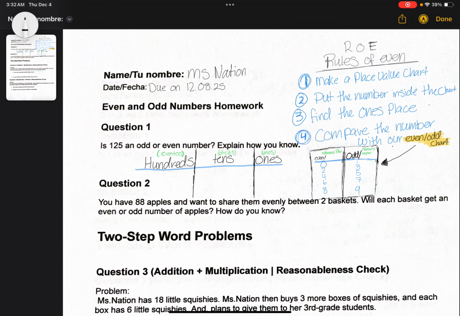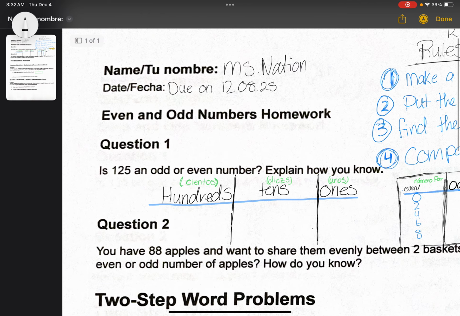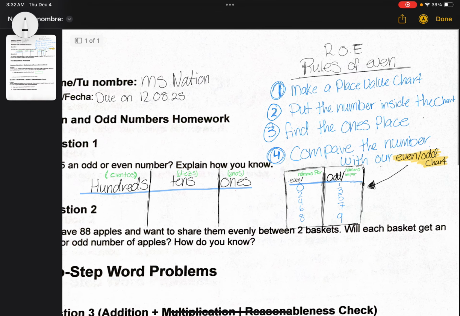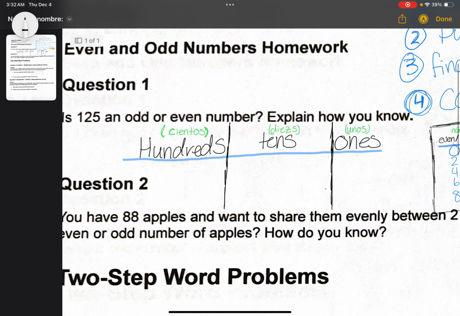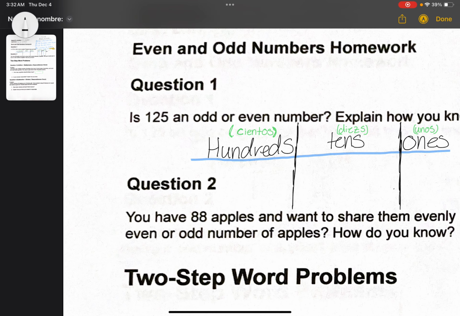Is 125 an odd or even number? Explain how you know. Now, when figuring out if a number is odd or even, we need to follow ROW. ROW is the rules of even. Step 1, make a place value chart. I already made one right here from ones to hundreds because we're dealing with 125. So we should have 3 numbers